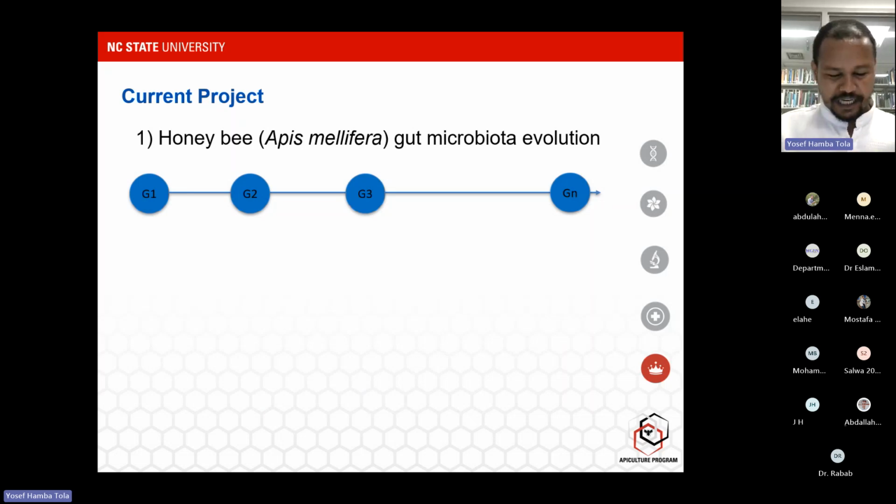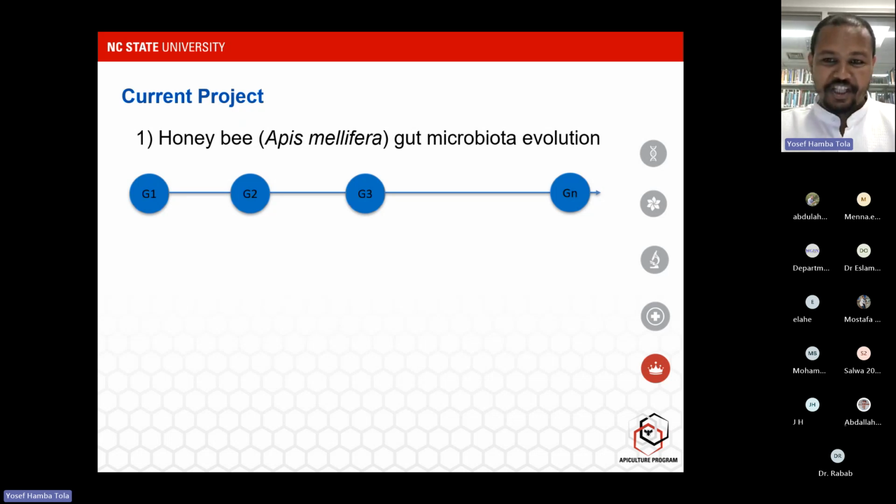But now the question is whether they are benefiting bees, contributing to metabolism, contributing to the immune system and protecting the bees from pathogens. So if you want to use them as probiotics, what is the evolution? How are they evolving with their hosts? For example, are they contributing only in the first generation, or the second, third generation?